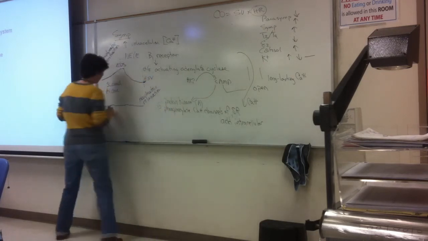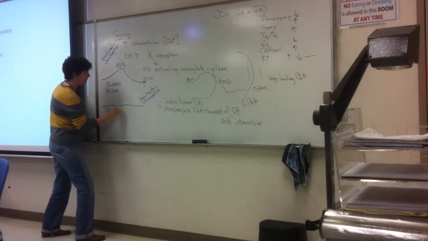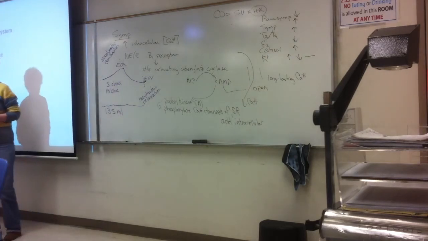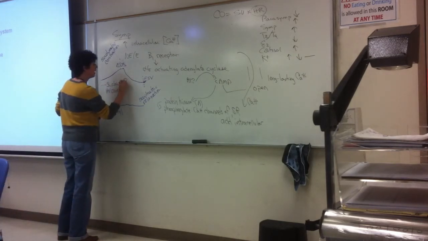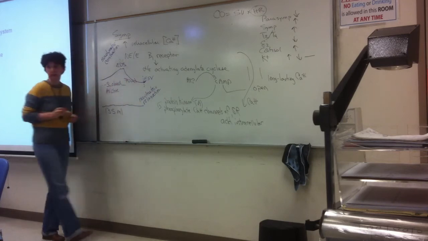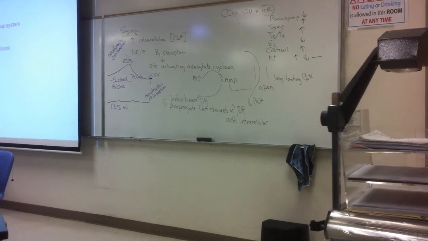So on average, each ventricle is going to hold about 135 mils. We pump out about 70. So we're not completely emptying the heart. Right? Now, if we increase venous return,